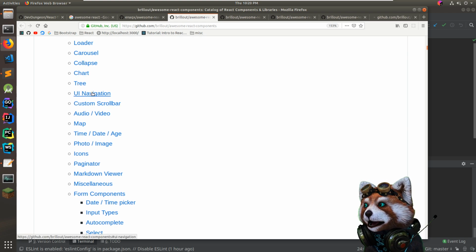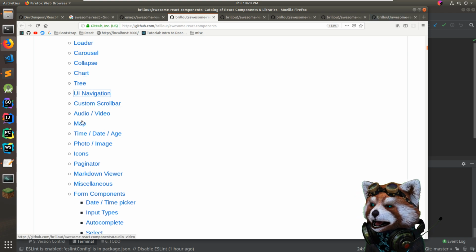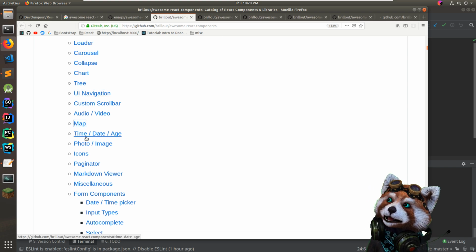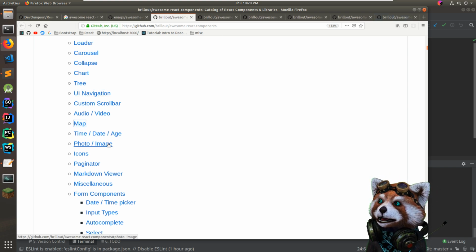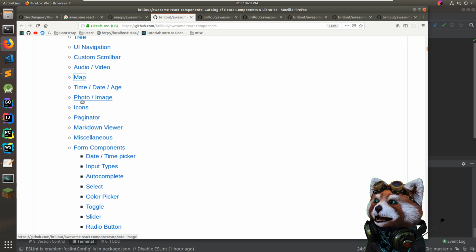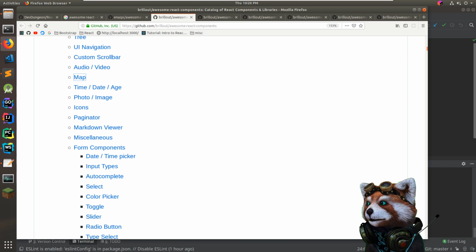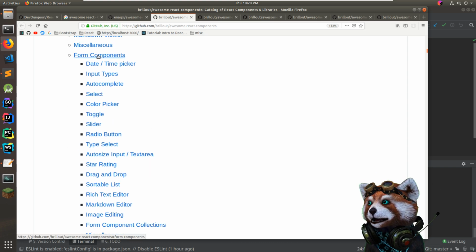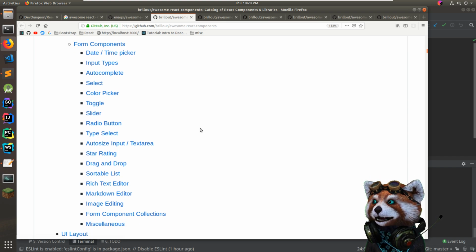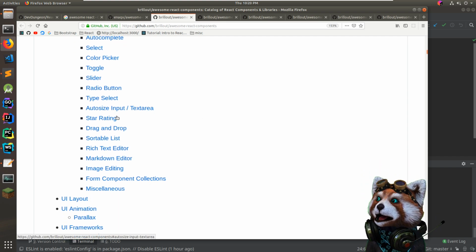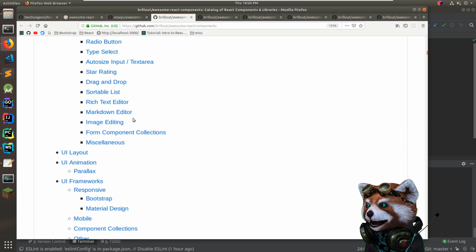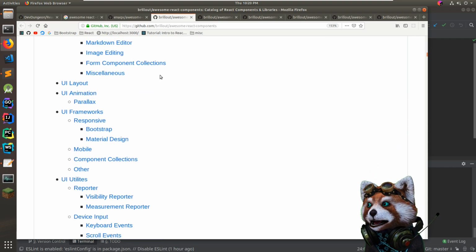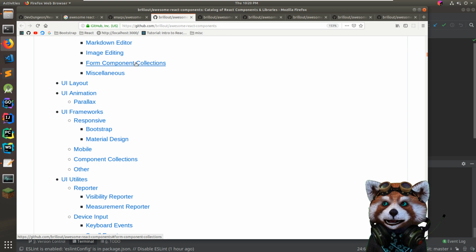Tree. UI navigation. Custom scroll bar. Audio video. Map. Maybe. Time, date, age. Photo, image, icons, paginator, markdown viewer, miscellaneous, form components, input types, autocomplete, select, color picker, toggle, slider, star rating, drag and drop, sortable list, rich text editors, markdown editors, image editing,